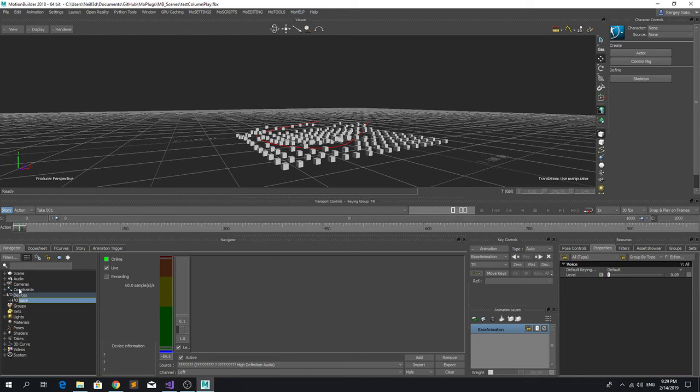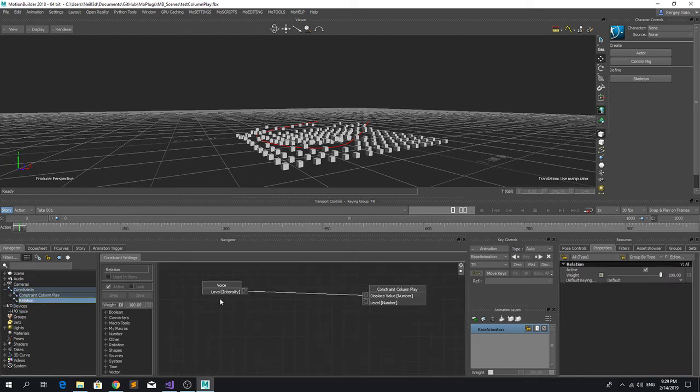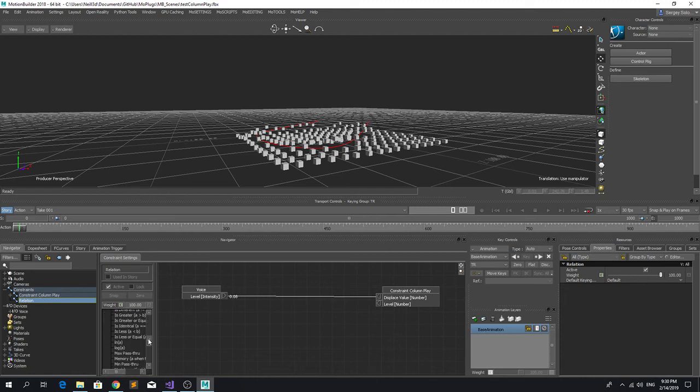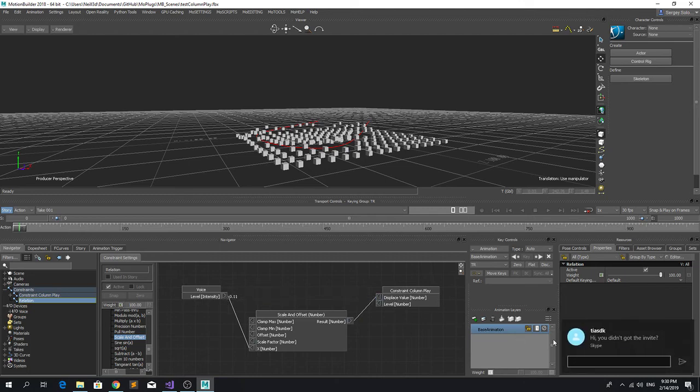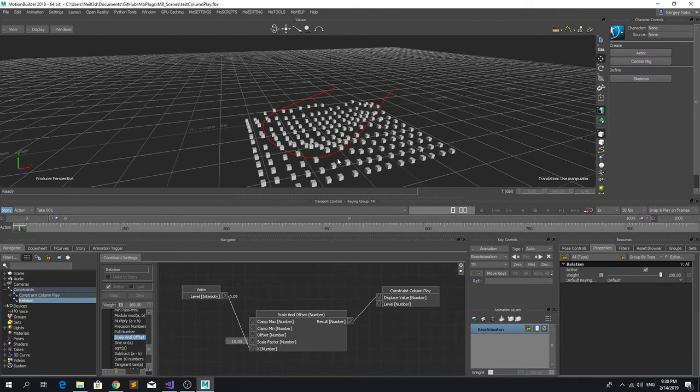If we go to the relation constraint, maybe I need to, yeah. So the voice levels from MotionBuilder, from the microphone, are connected directly to the display's value of the constraint. So this one, the constraint columnplay. So I think I need to put some multiplication here. Let's put a scale and offset. Oh, not right now, sorry. Okay, so let's multiply. And yeah, we have some